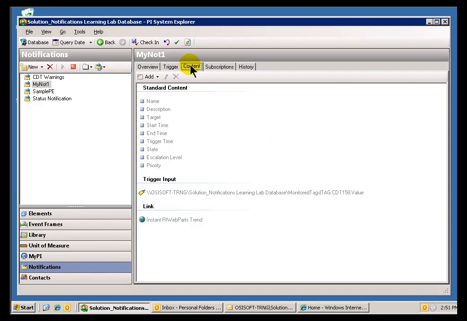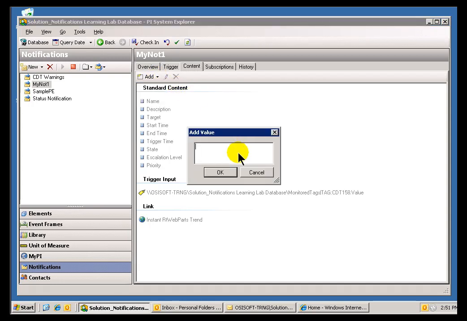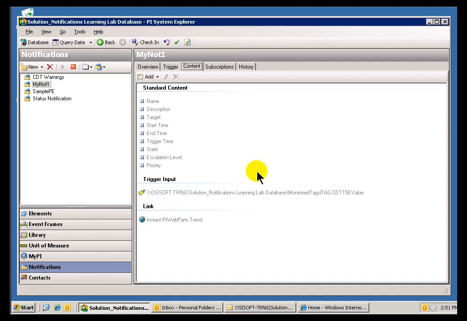Now, it's in this Content tab that you get to determine exactly what extra content you send with the notification. I say extra content because this standard content can't be edited or changed. What you can do, however, is add to it. We can add specific constant values, which include not only constant numbers, but any text. So I can say, hey guys, take a look at this, and that would become part of your